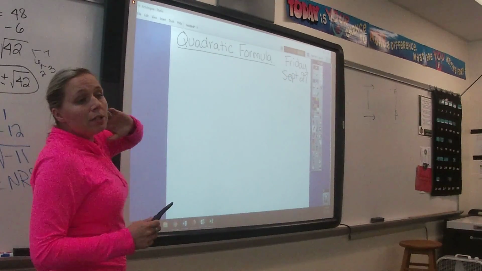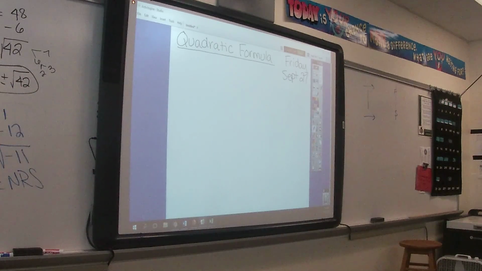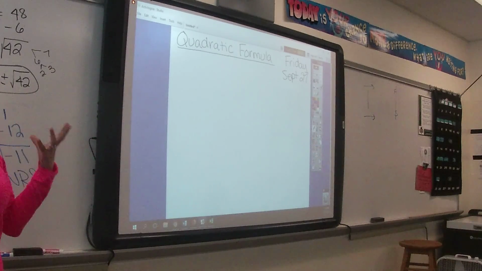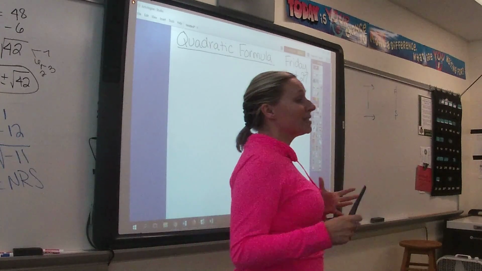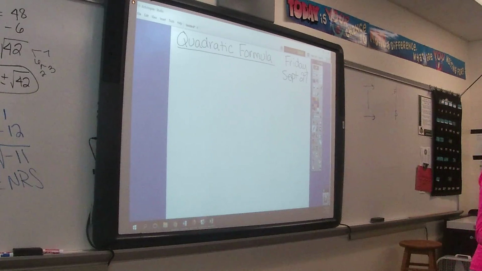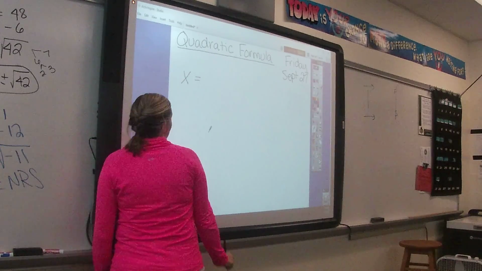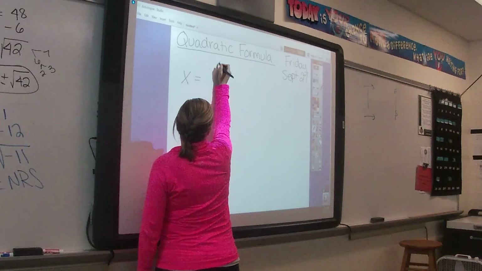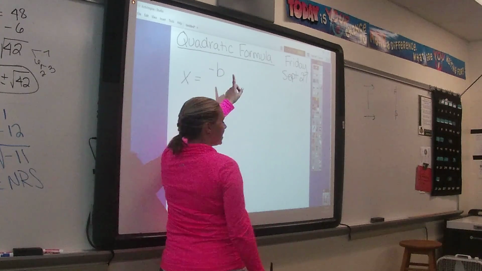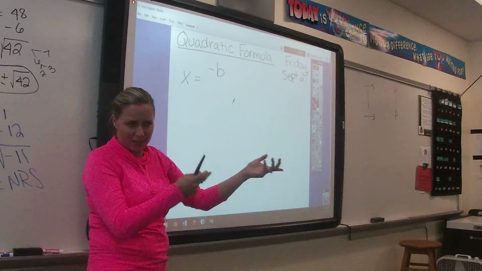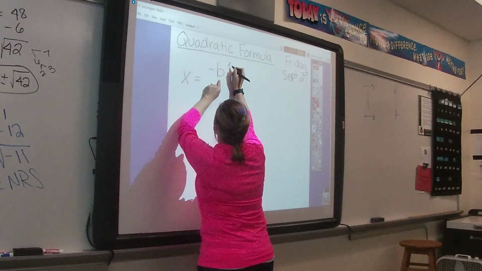Okay, so when we are dealing with the quadratic formula, it is exactly that. It is a formula. The formula is big, but I have never seen a state standardized test that doesn't give you the formula. So even if you don't have it memorized, you just need to know to look on whatever reference sheet it gives you. The quadratic formula says x equals, now we often read this as negative b, but mathematically speaking, this really says the opposite of b, because we don't know if b is negative or positive, plus or minus